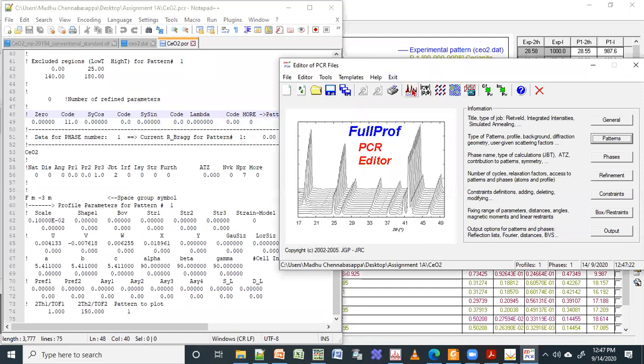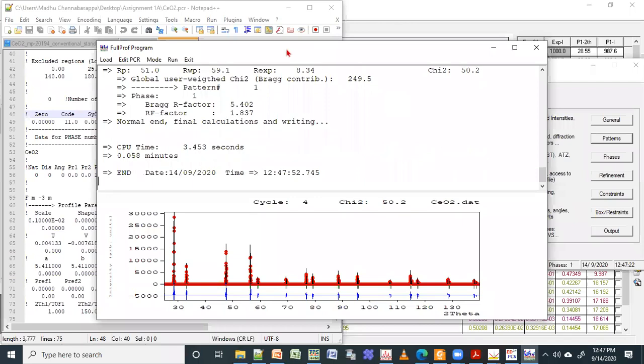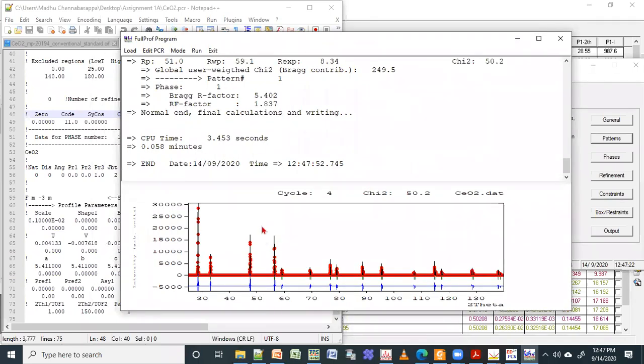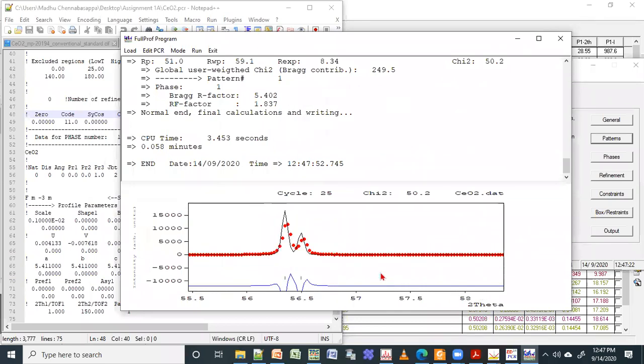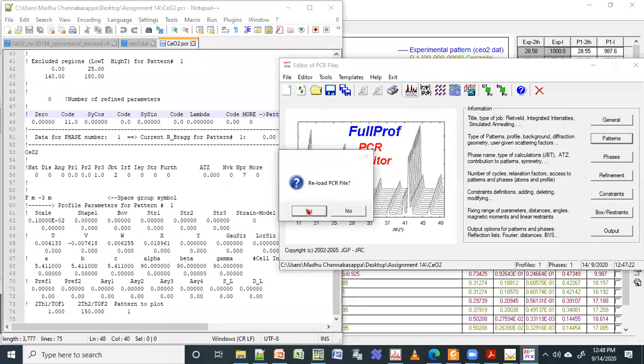Okay, so to run the program, either you can run from this end or you can also run from your WinPlotter. Right now I'll run it here. Let me see if it is not giving any error. So now you can see it is running, right? It stopped after 4 cycles. If you see, you can just zoom this. You can see your ABC parameter is not in agreement, right? This red is your data, and black is fitting. Okay, so I will just exit this. Reload is fine.